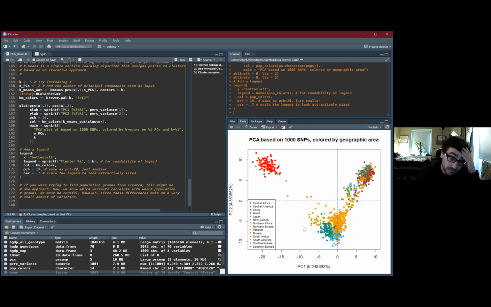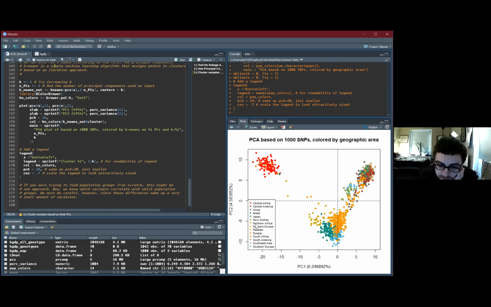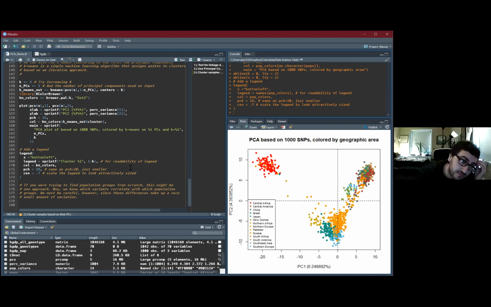So, and also it looks like in the top left where you have Central Africa, but then you have mixed in, is it Russia? Right? Like a few orange dots for Russian individuals. I think that's Northern Africa. Oh, is it Northern Africa? Really? Yeah, the color's a little bit hard to see. Okay, the color's a little hard to see for me. But yeah,